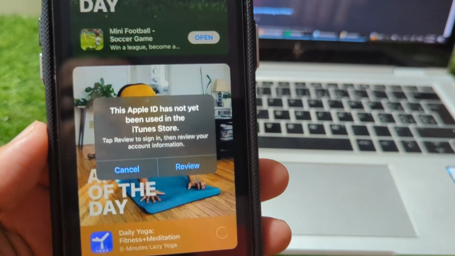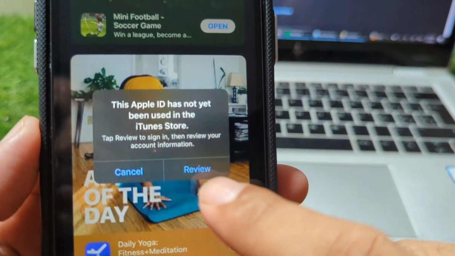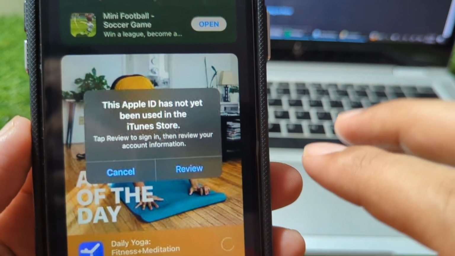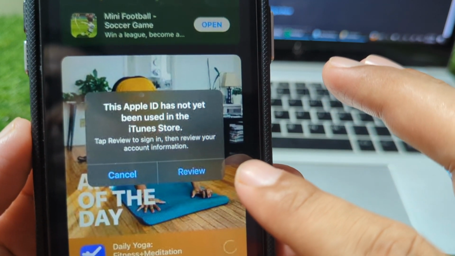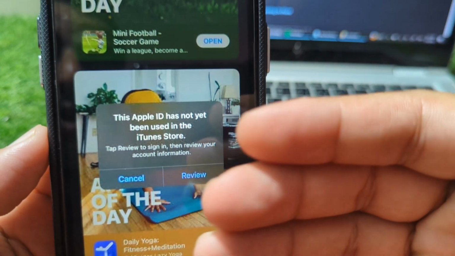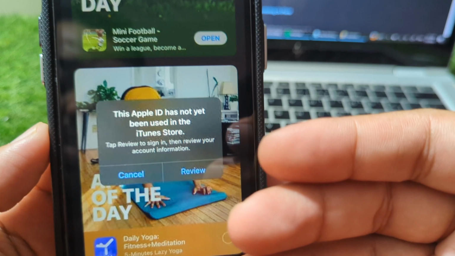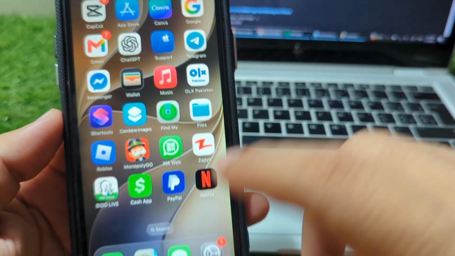So guys, the very first solution for this problem is that you have to simply tap on the review button, and after this you have to simply follow the instructions, and after this the pop-up will disappear. So guys, this is the first way, and the second way is that you have to simply open settings on